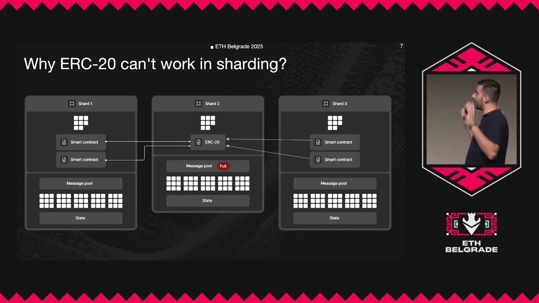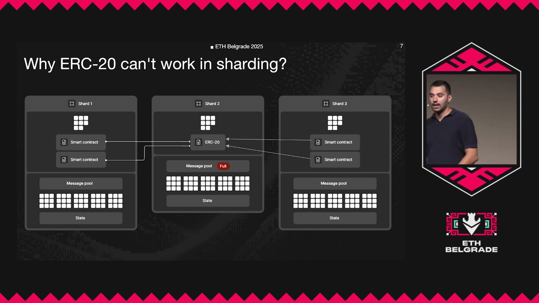It can directly transfer and do everything needed. So if we now go back and start seeing what's happening when we add the sharding in the picture, the first problem that appears is that we need to put the ERC20 contract somewhere. And whenever we decide to put these ERC20 contracts, we also need to think about all other dApps that are deployed on all other shards. In our case, we can have shards 1 and 3 having great dApps, and shard 2 having a really popular ERC20 token.